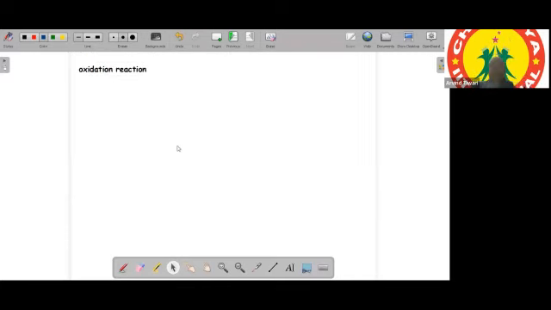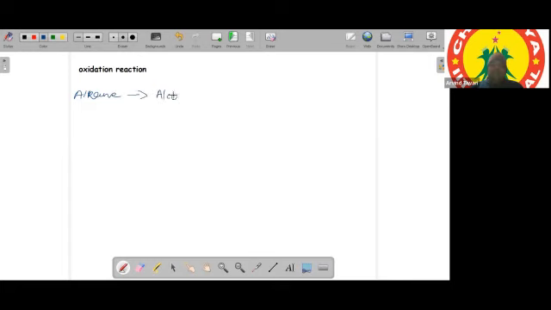Learn it something like this. First of all, you have your alkanes or hydrocarbons. You can have alkenes or alkynes. Then after alkenes and alkynes, the next you get is the